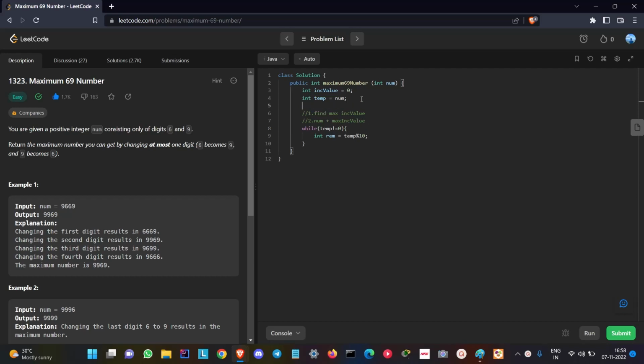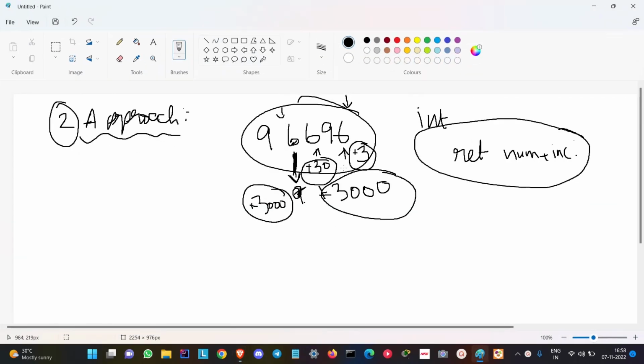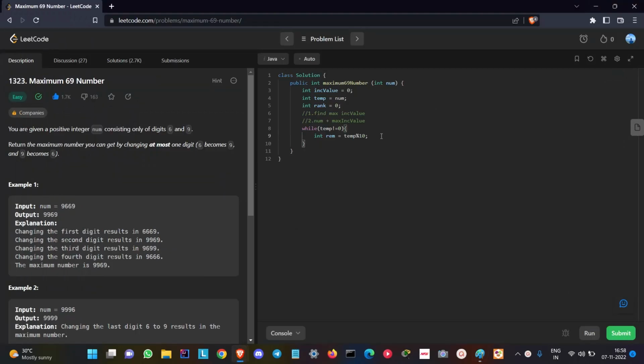We also have a rank value, and initially the rank will be 0. So let's consider this example. In the case of 96696, the rank of each digit will be 0, 1, 2, 3, 4, etc. So we have the rank as 0. If the remainder is equal to 6,